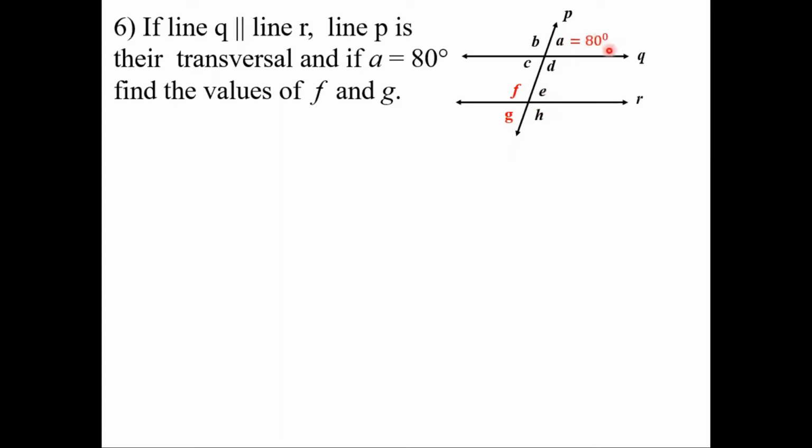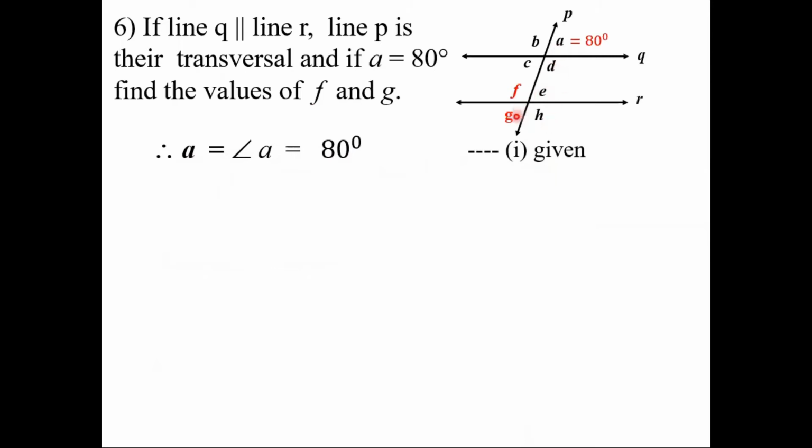We cannot create a relation between A and F. But yes, angle A and angle G are exterior alternate angles. We can use the correlation between angle A and angle G because it is already given that line Q is parallel to line R and line P is transversal. Naturally, angle A and angle G are exterior alternate angles, and I'm using that property. So angle A is equal to 80 degrees, as given, so we are going to write it as given.